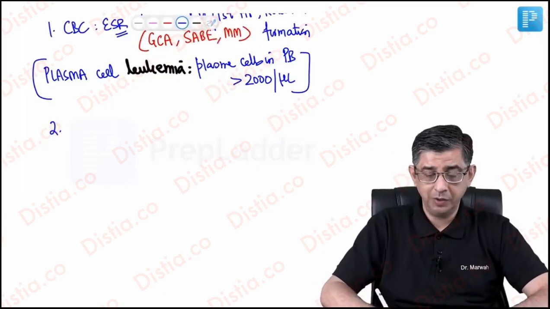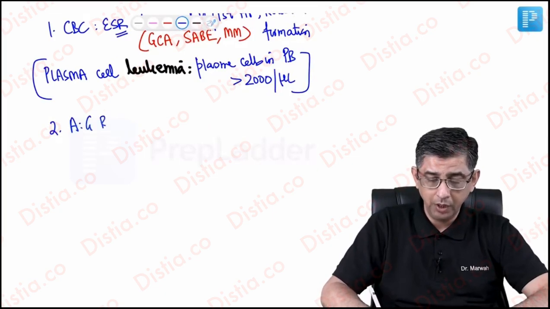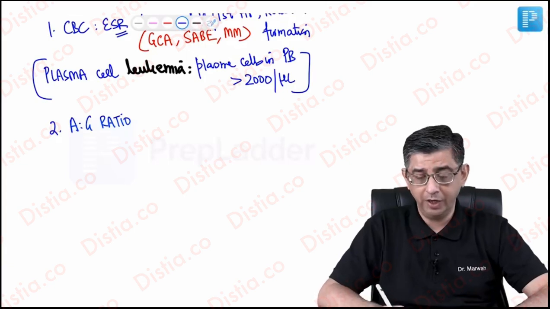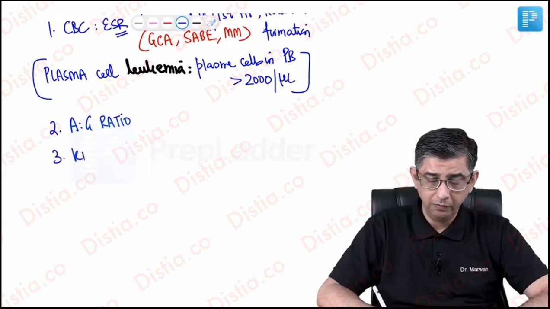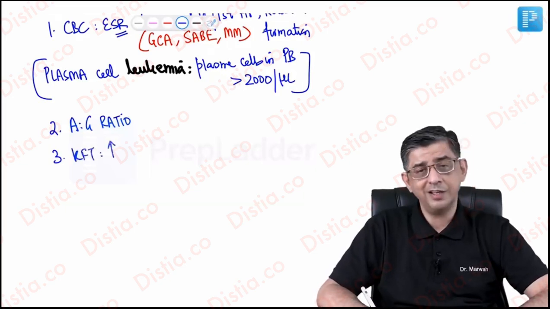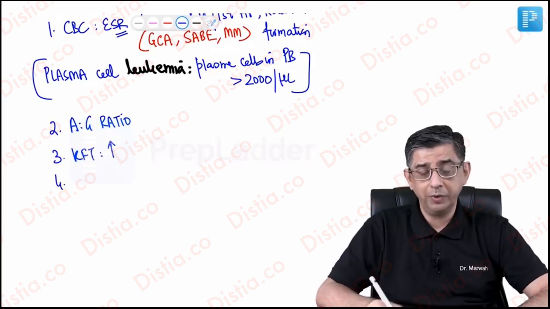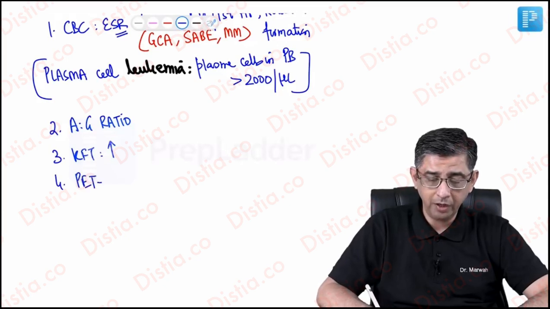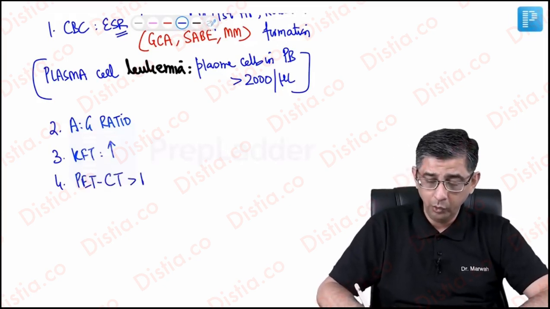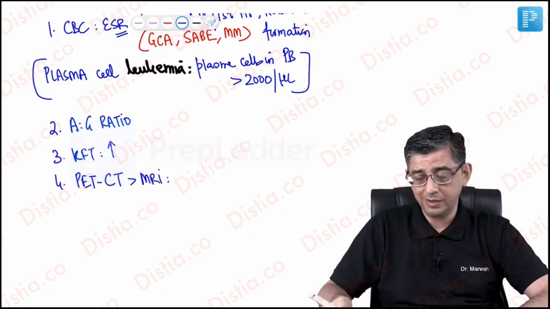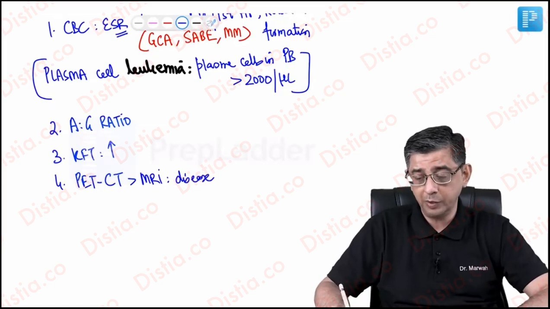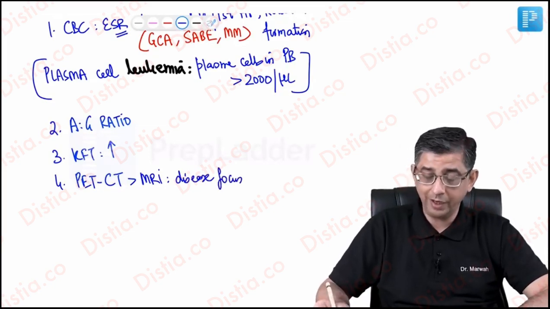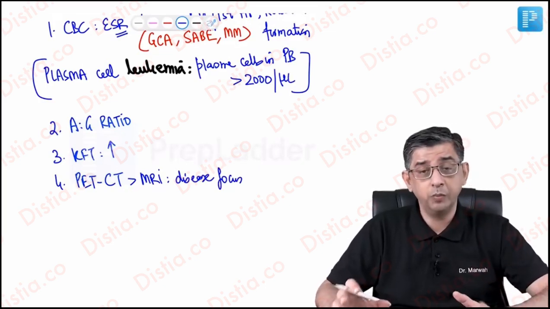The second test that I'll do in this patient would be albumin globulin ratio. Because when I look at this ratio, the values will definitely be affected because it's mainly the gamma globulin component. The mathematical value of it will increase, though they are positively charged proteins. When I check out the KFT, the serum creatinine as well as the creatinine clearance will be deranged. To pick up the bony lytic lesions, I can be doing a MRI and if possible a PET CT. Though both can be given in the options, a PET CT would be answered first in the MCQ from a diagnostic yield perspective. This helps you not only diagnose lytic lesions, which will occur later, they also help you pick up a disease focus.